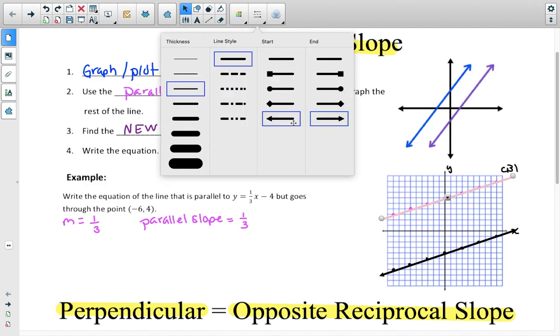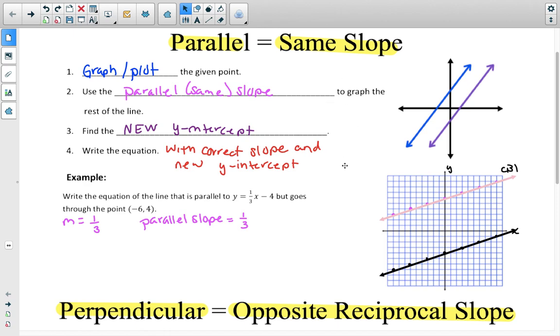That should have arrows. I'm going to change that to arrows. Okay, so our new y-intercept is right here. That's at 0, 1, 2, 3, 4, 5, 6. It's at 0, 6. Now that we have the parallel slope and the new y-intercept, we can write our equation